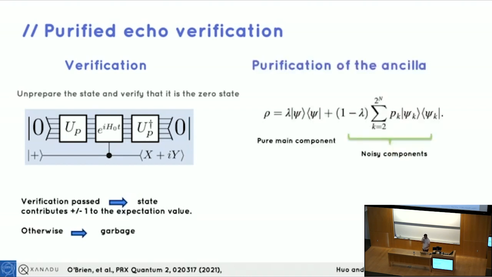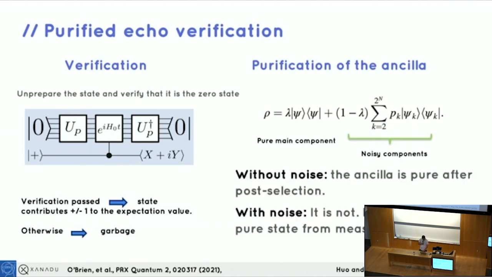On top of this, you know that the ancilla is pure if post-selected on the 0 state, and so if it's not pure, you can just purify it, and this should get you closer to the correct result, right? And so if you do this,